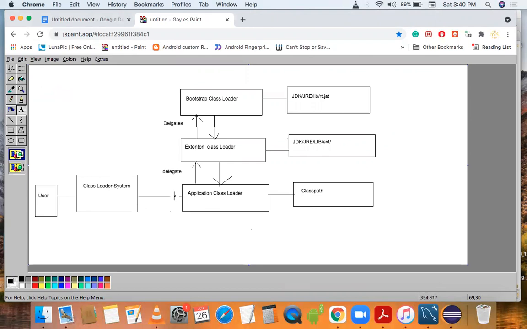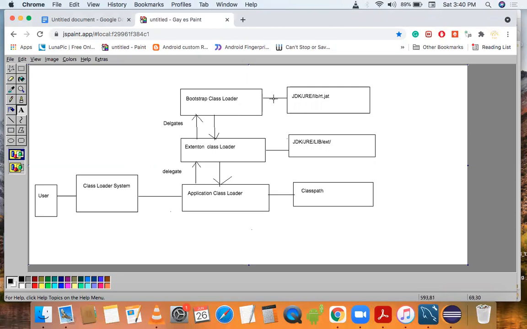First of all, it will forward to the application class loader. Then the application class loader will delegate the process to the extension class loader. Then the extension class loader will forward our request to the bootstrap class loader.